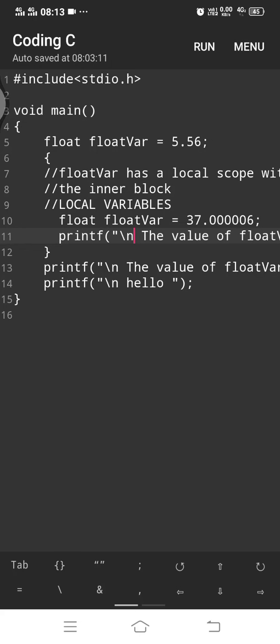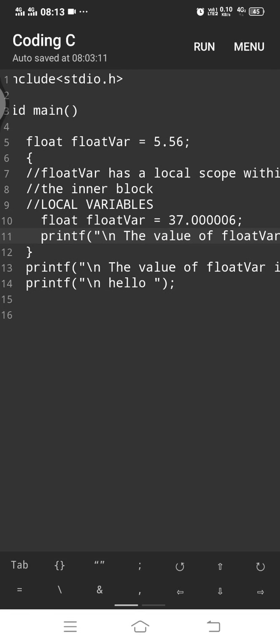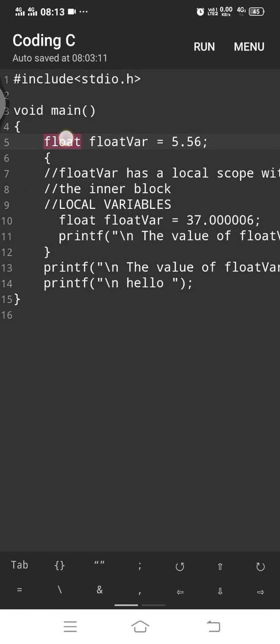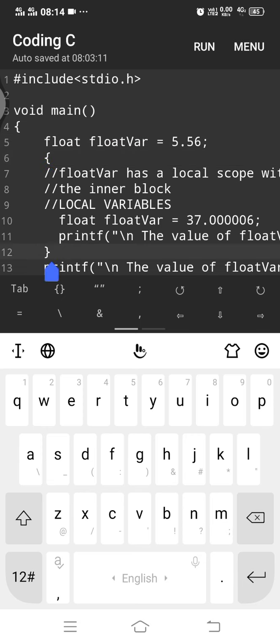Let us look at the previous program again. So we were talking about scoping and we had talked about local variables. Okay. So as you can see, this float variable here remains outside this block, and so